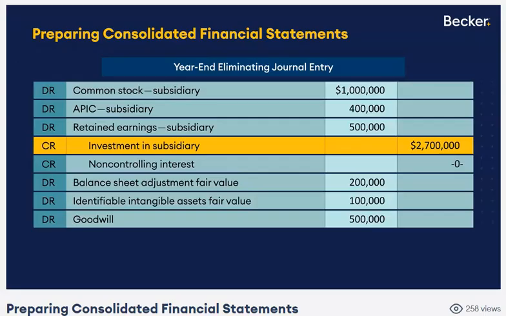So if you wanted to do the end of the year, you would still eliminate the CAR, but now it would be the end of the year CAR, their common stock, their additional paid-in capital, and their year-end retained earnings, which went up by $200,000. And correspondingly, our investment account went up by $200,000, and it's being eliminated with a credit. And then the balance sheet adjustment is still the same, the intangibles are still the same, and the goodwill is still the same. So now you get an idea of how those work together on a roll-forward